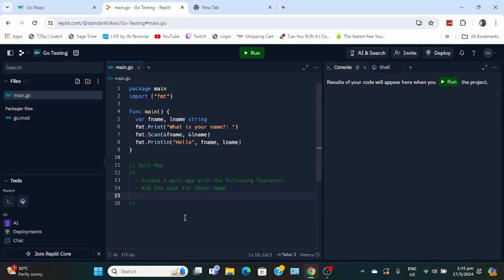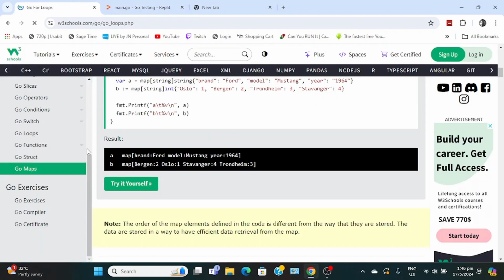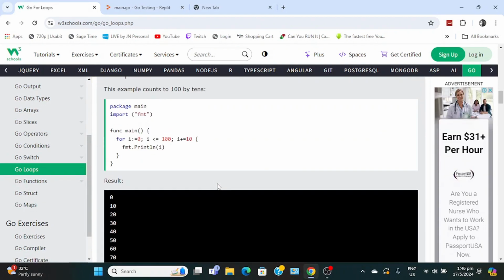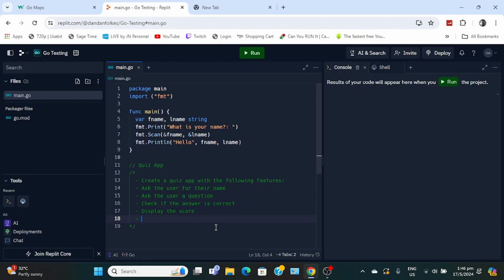God, the AI on this thing is good. Ask user a question and check if the answer is correct. Yep. And then display the score. Like, how does it know this stuff? And then ask user if they want to play again. Maybe could do that with a loop. I don't remember if there are while loops in Golang. It just taught me for loops, so I don't know if while loops are a thing. Yeah, we're just gonna do something very, very simple. Alright, so that's basically what we need.